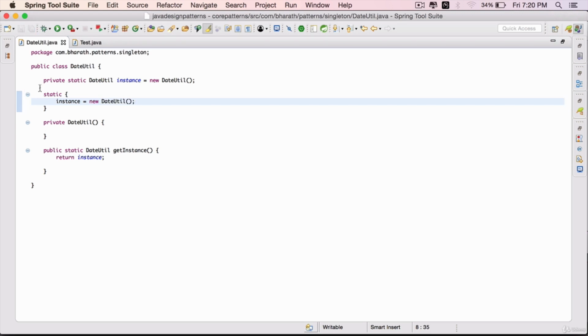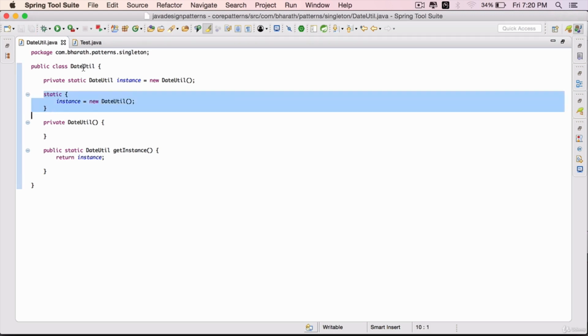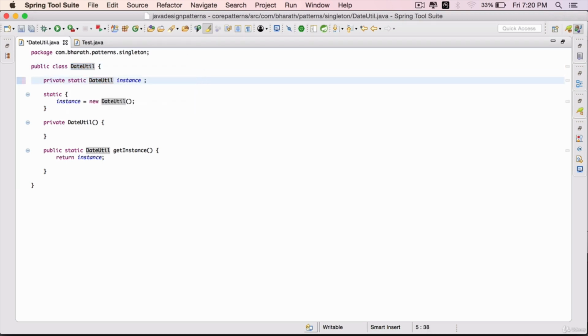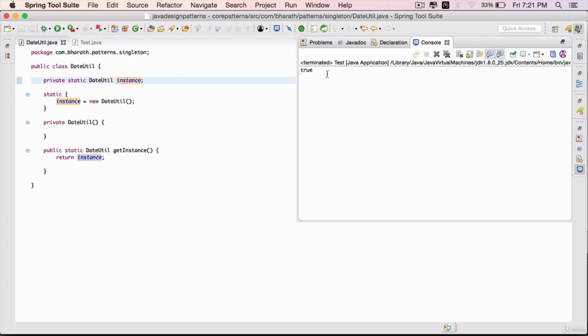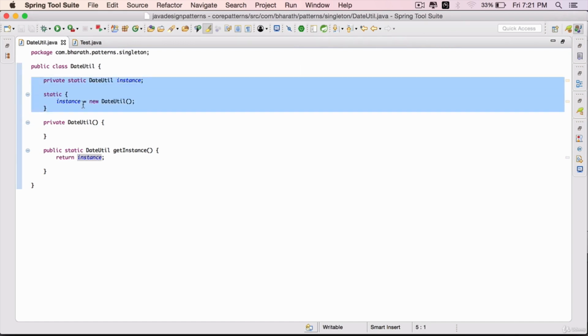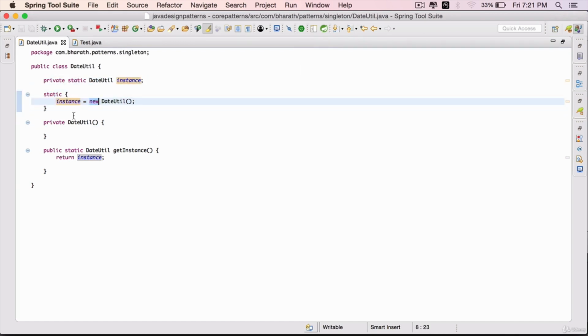Static blocks in Java are executed when the class is loaded into memory. I can get rid of this new from here, and I'm using a static block. If you run the test, the result will still be the same. So these are two different ways of creating an instance while coming up with the singleton pattern,